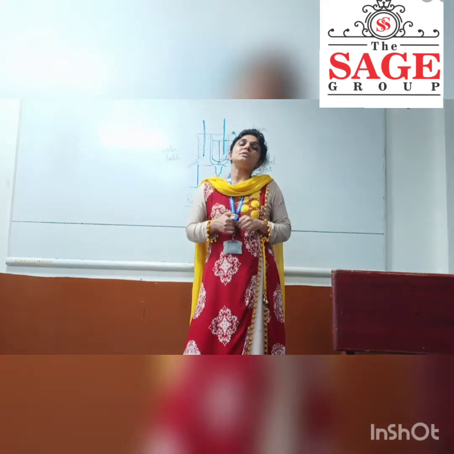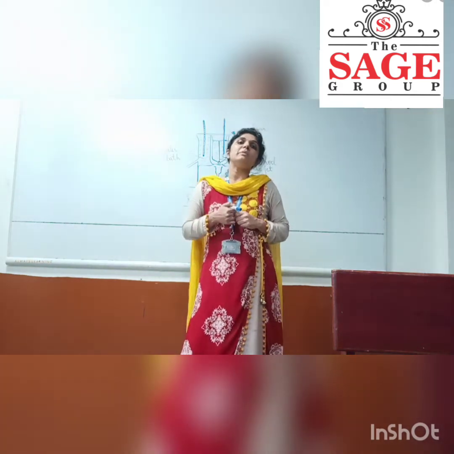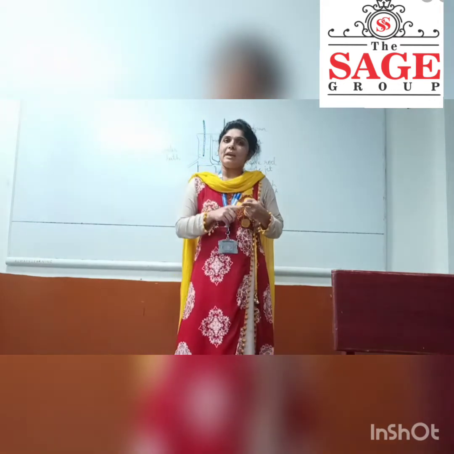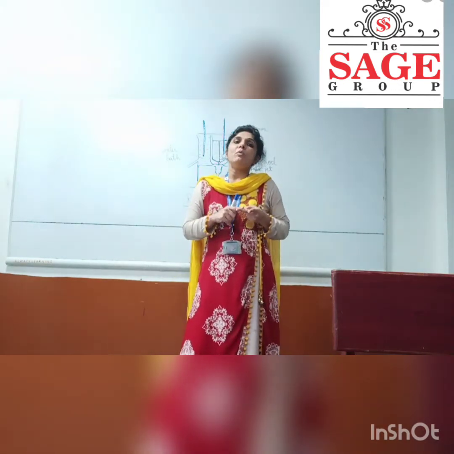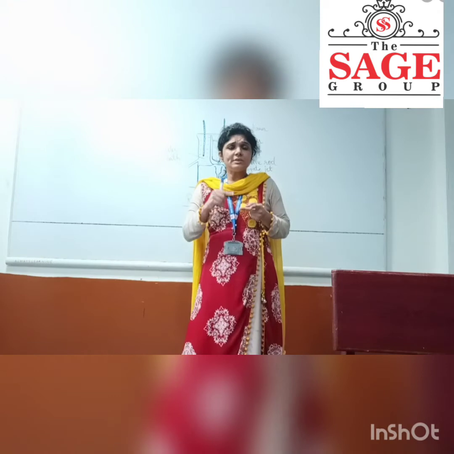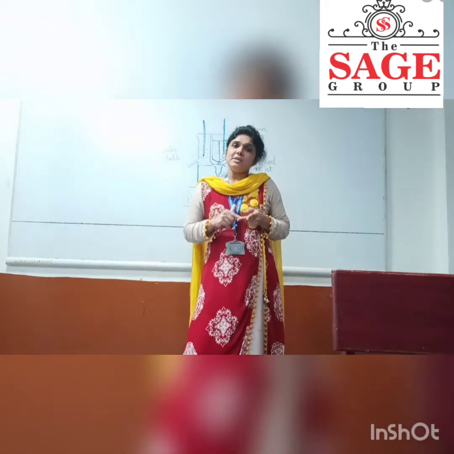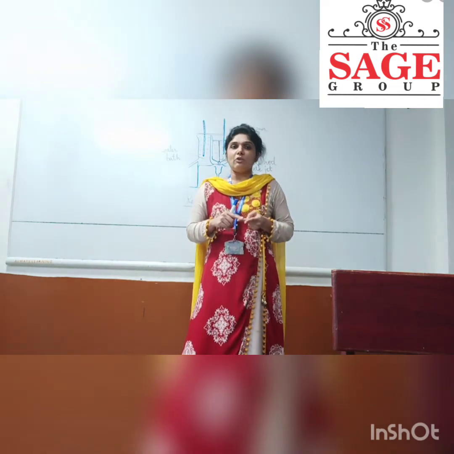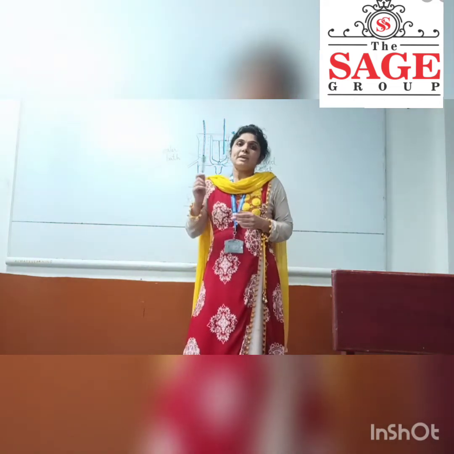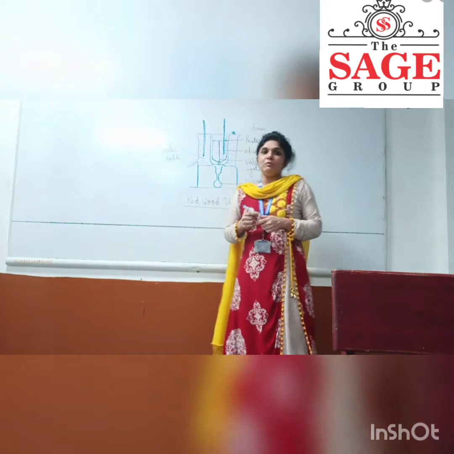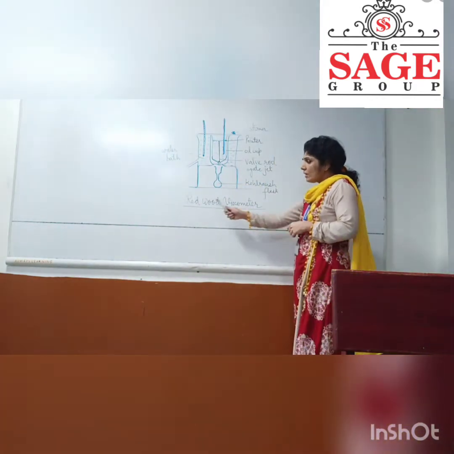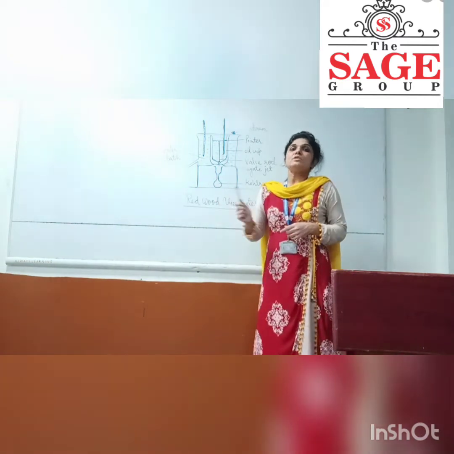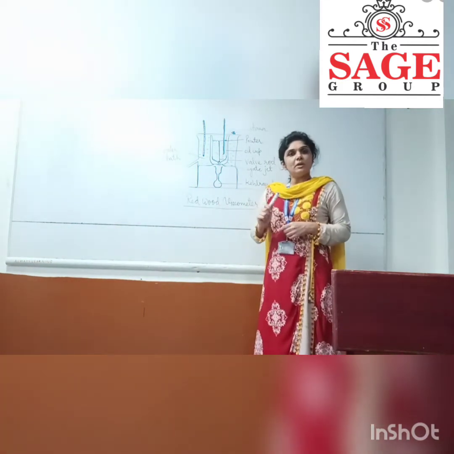Now this viscosity of lubricating oil can be measured with the help of many viscometers. We have kinematic viscometers, we have the Saybolt viscometer. Generally in Asian countries, we use the Redwood viscometer to find out the viscosity of lubricating oils. So let us see the diagram of this Redwood viscometer. It is of two types, Redwood viscometer 1 and Redwood viscometer 2.